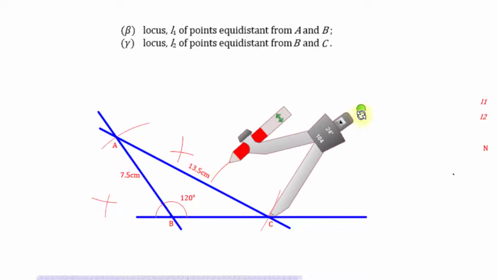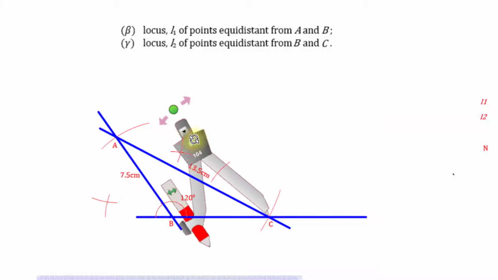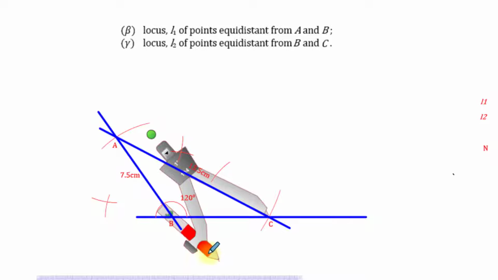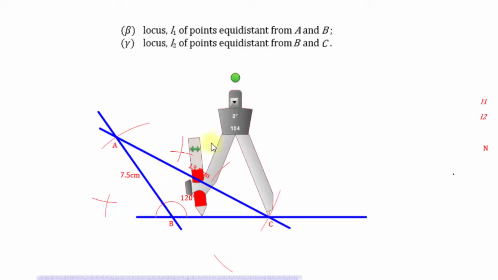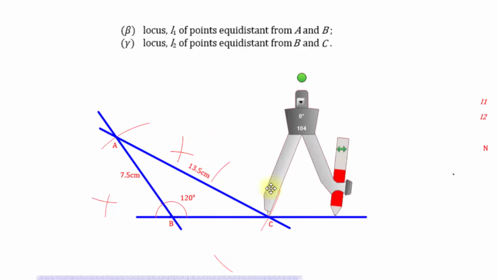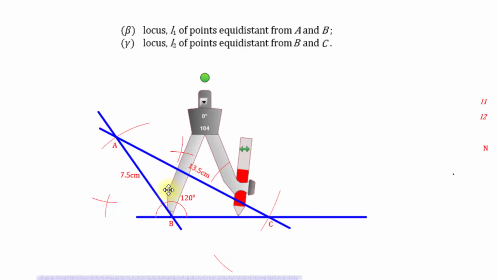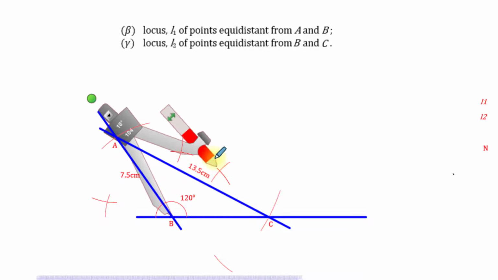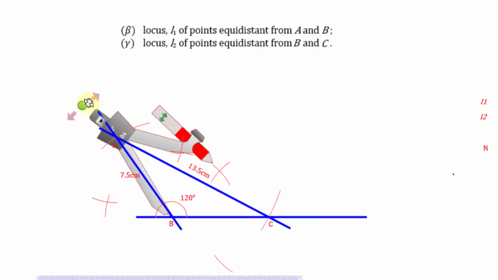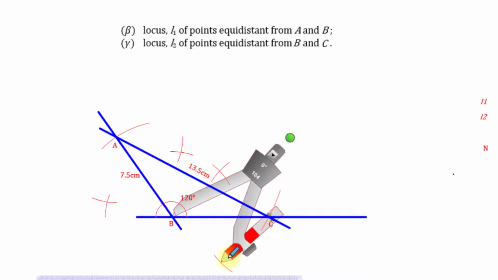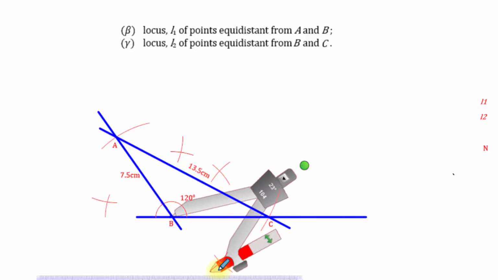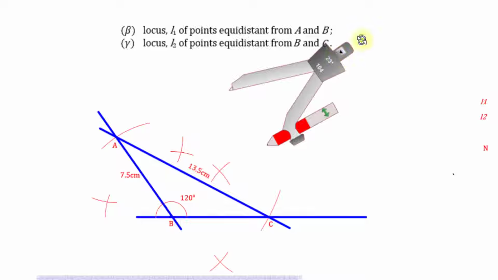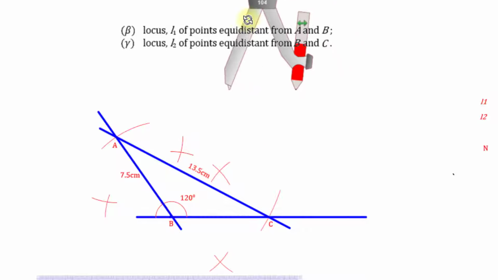So I'm marking off from C, and then both at the top and at the bottom, and I will use the same radius and go to point B now, and also mark off to cross the other arc that I just constructed, and this is exactly what is expected of us. All right, so